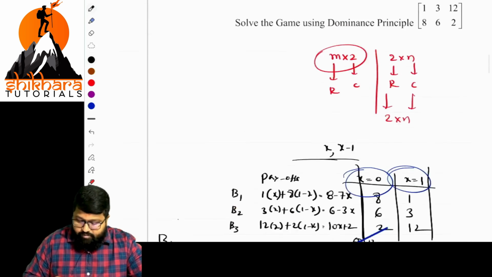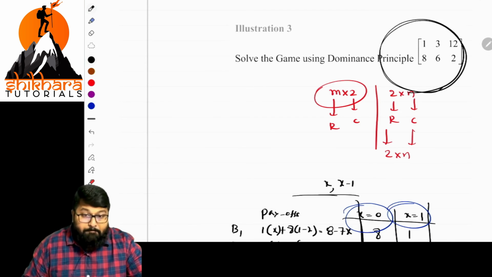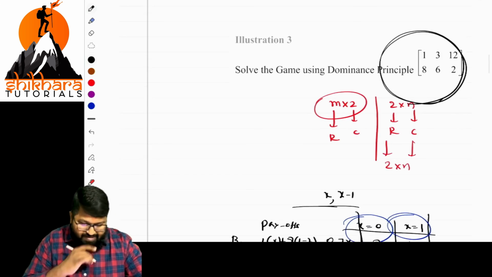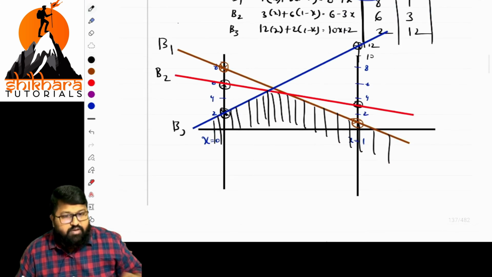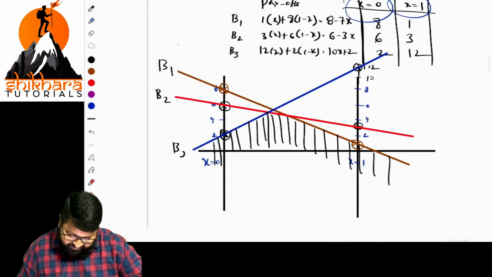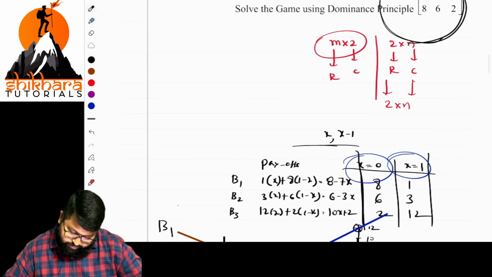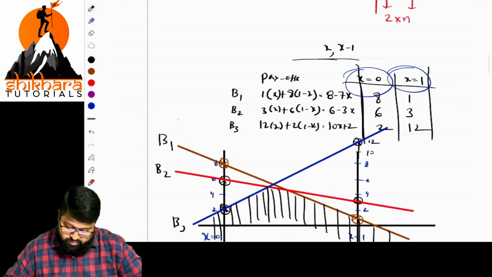And now by seeing this matrix, we are having this one now. From this, what should be eliminated? B3 is eliminated. B3 or B1? Check the points clearly. What are the points here? B1 is the first line, B2 is the second one, B3 is the third. Plotted there.